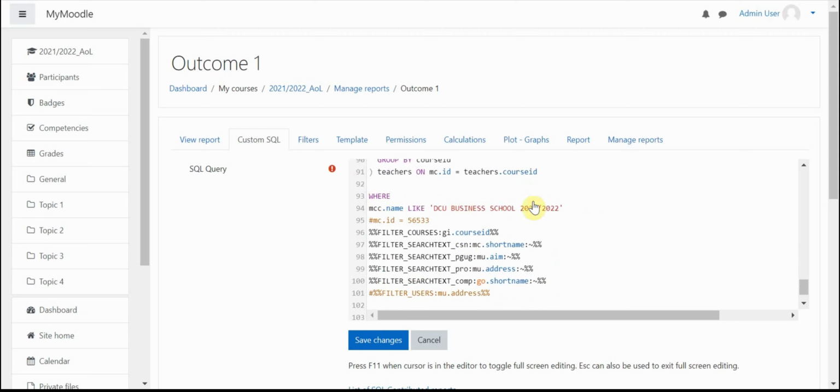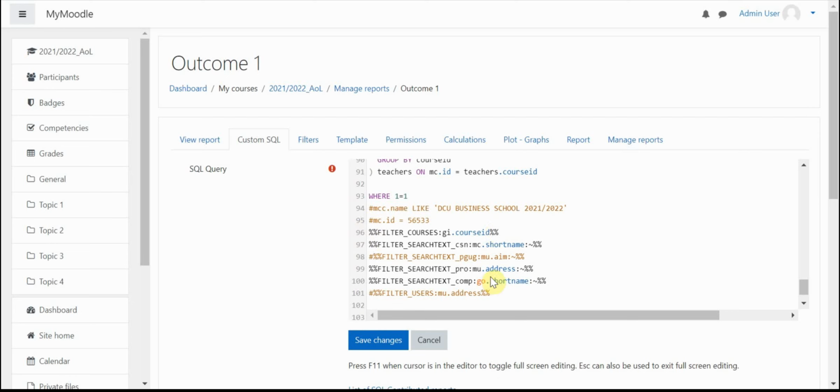And then here is where you need to customize this piece, because in my situation it is DCU Business School 21-22. So MCC is the Moodle course category. You need to customize it because applying this report over your whole production Moodle could be massive data above the limit that you set up for the configurable report. I'm going to cancel this because in this Moodle I don't have this category. I'm going to replace it with 1 = 1, and because we cancelled the aim column, I'm going to cancel this filter. Those filters basically